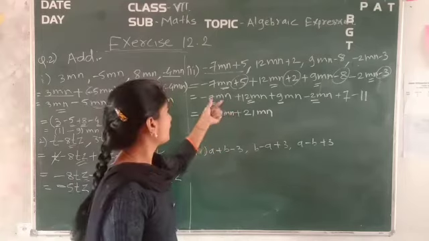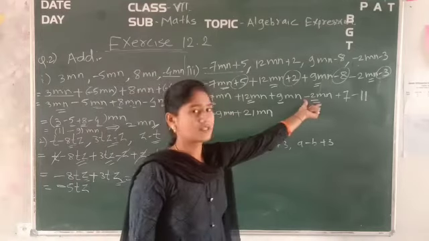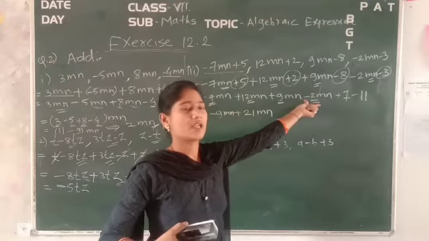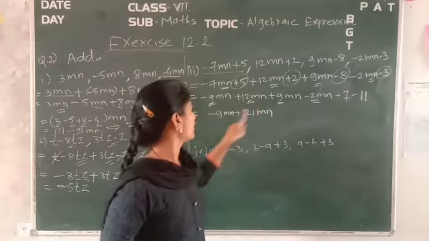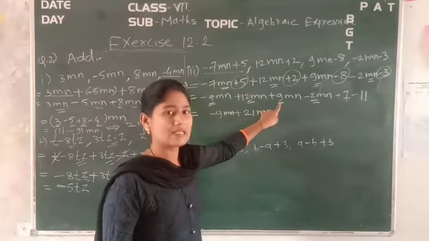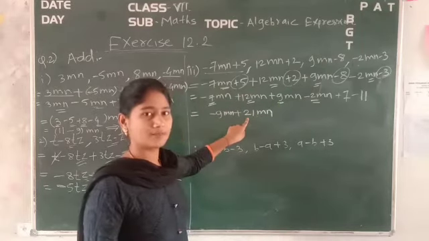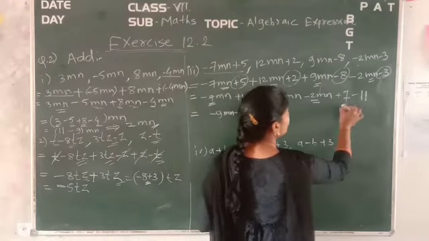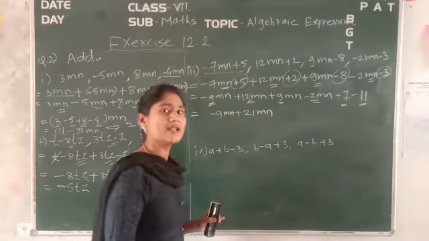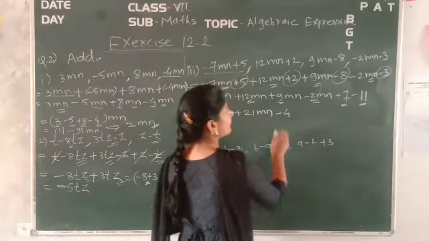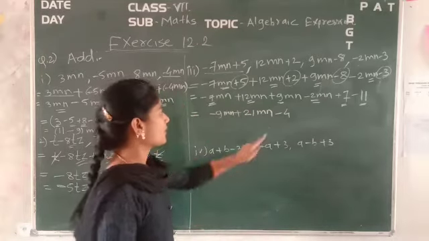Have you understood? First of all, we have added the variables having the same signs. So it is minus 7, minus 2, it is minus 9 ml. So plus 2, plus 12, plus 9, it is plus 21. So that's why we keep it as it is. Now plus 7 and this is minus 11. 3 plus 1, that is 4. So minus 4 will come. So keep it as it is.